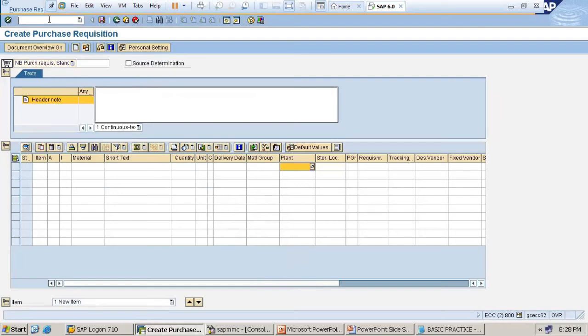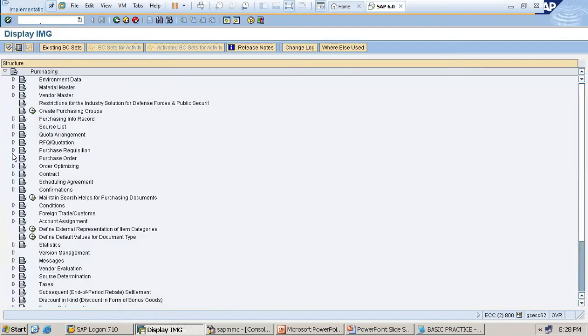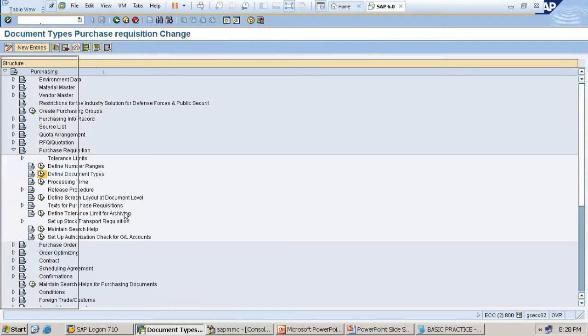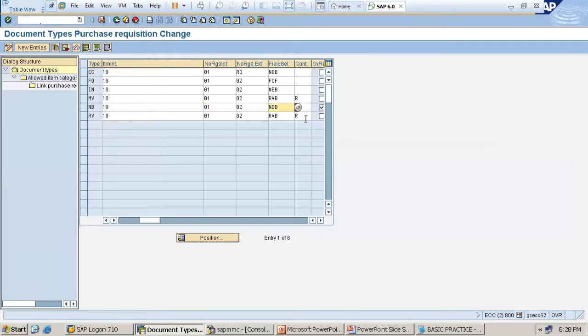See, /n OLME, purchase requisition, define document type, NB.